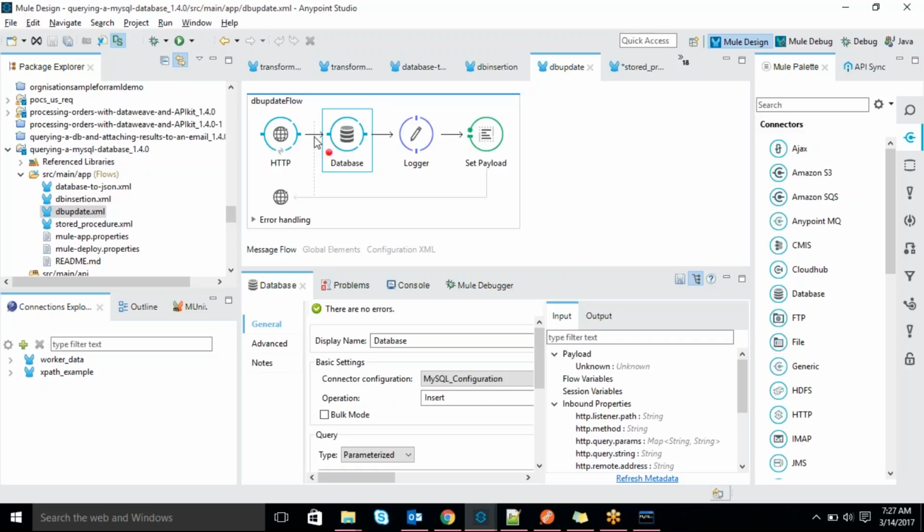If you choose that, it will roll it back. The other way is, if that 6th record fails, it will go to the custom exception strategy. In the custom exception strategy, you can keep a rollback exception strategy. It will roll back all the records if you don't want to insert them. Whatever you want to roll back, you can roll back.